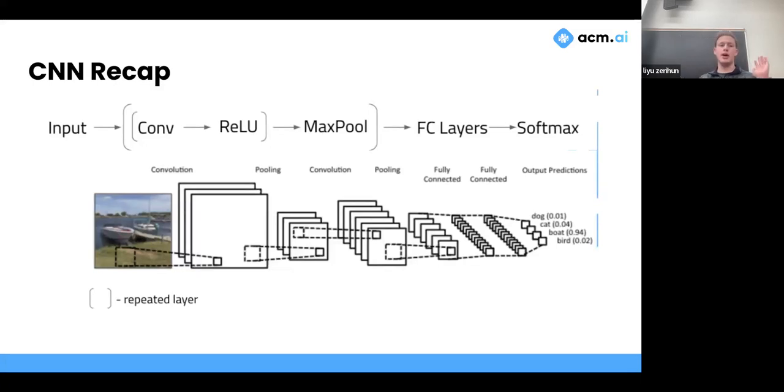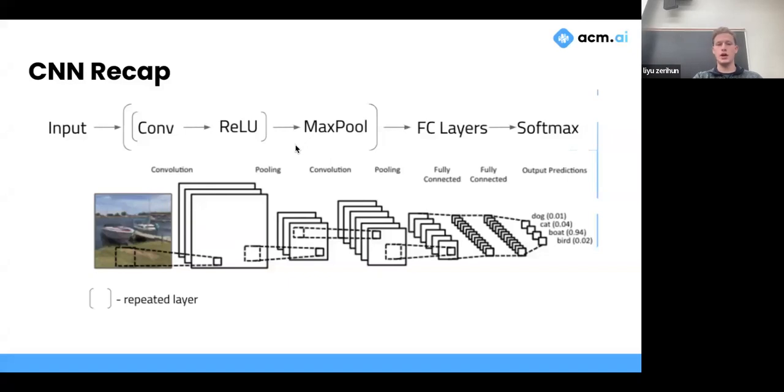But just for a recap, we take an input as an image, and then we apply a convolution, which is basically we run a filter through it, and then we apply pooling to extract the most important features. Sometimes we'll do multiple convolutions, and then we move that feature map into our fully connected layer, and then we apply softmax or some other activation function like ReLU to get our output predictions. So that's just a very fast overview of what's happening in a CNN.